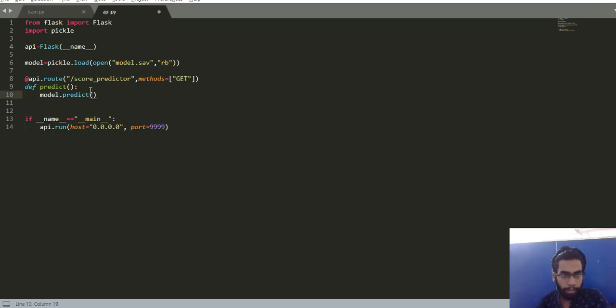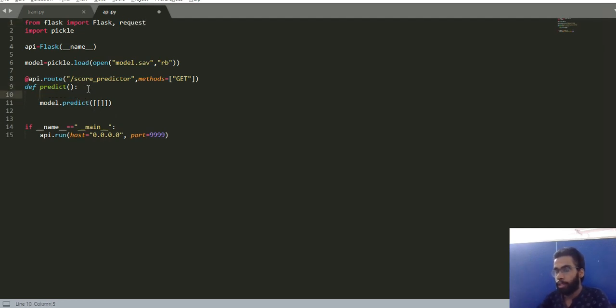Okay, now I need to send two parameters. The first one, so I trained based on wicket and score. So I will send those two parameters. Now, this last module creates a request. Any request which comes on this route will be available in the form of request. So I'll just import request in the Flask module, and the JSON is basically the data that the user is sending. I will have it in the request module, request dot get JSON. So this will give me the data that the user is sending.